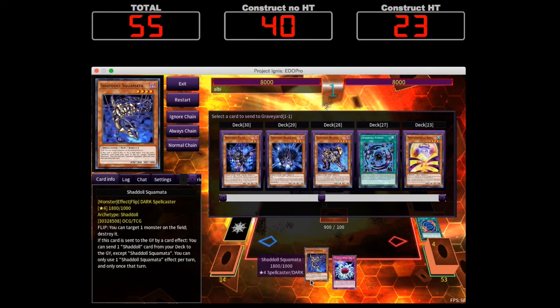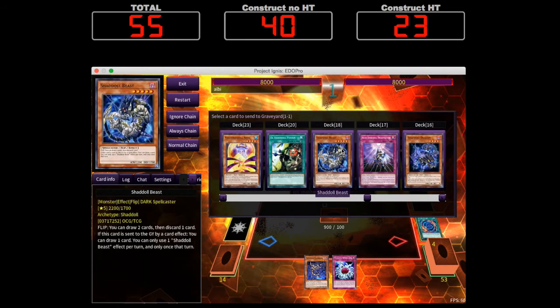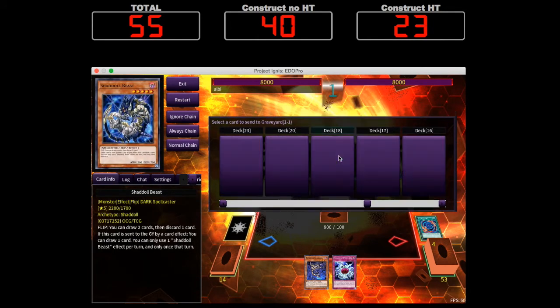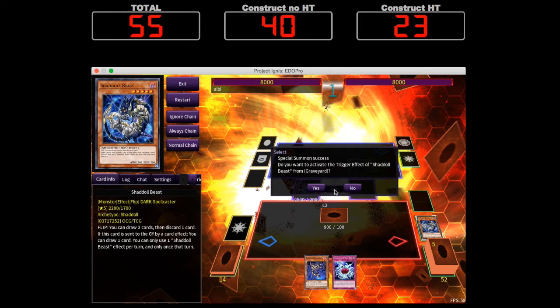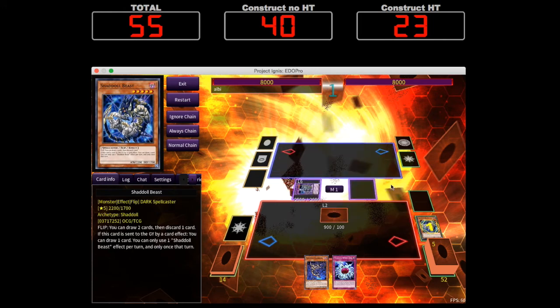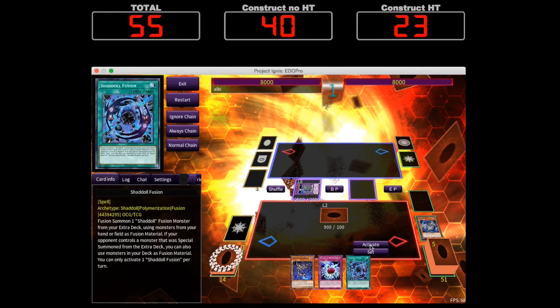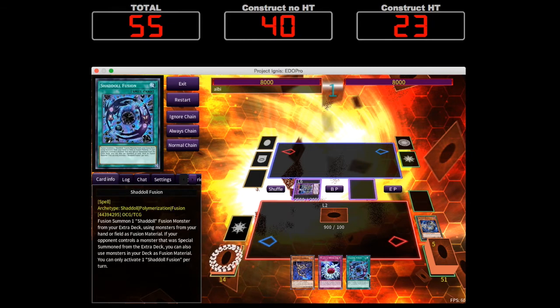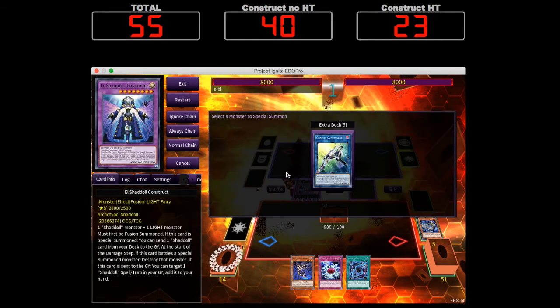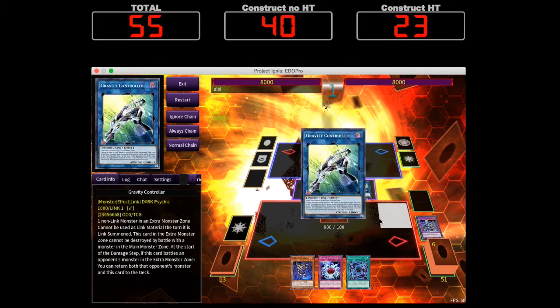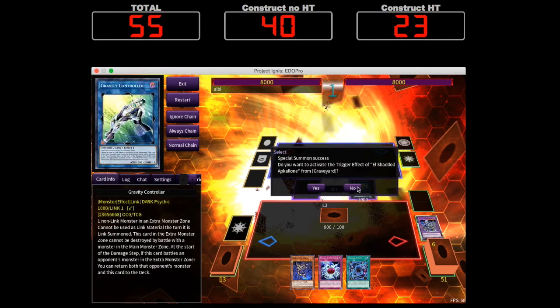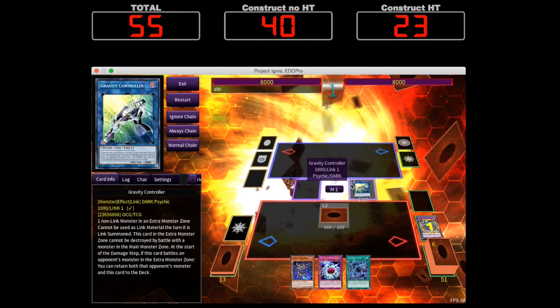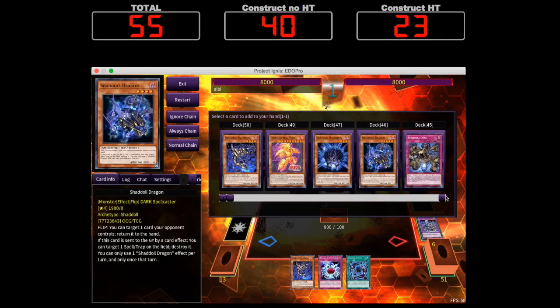And then let's say you don't want to fuse again with this, what could you use? Maybe Beast, so at least you draw something. Let's see if we are lucky. Well, yeah, see, we can fuse it. We could have sent Hedgehog to take something else, but even if we were not lucky, what can we do? Well, we summon Gravity Controller, this guy. Yes. So we take our